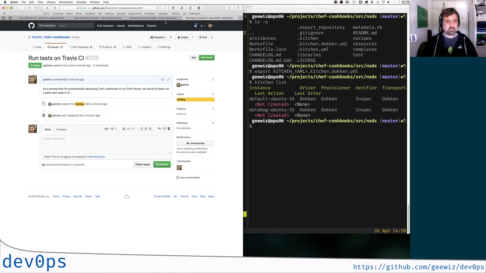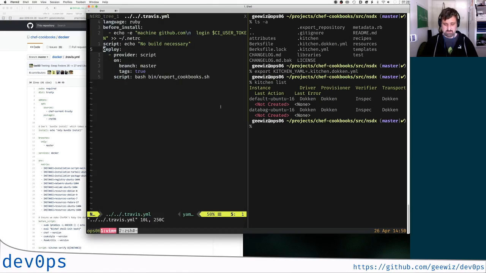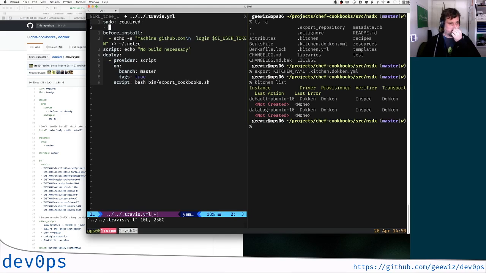So it's time to run a few more things. I guess I can remove the language Ruby here because we're not actually doing pure Ruby. Let's simply take the stuff that is in the other file. The distribution in this case is trusty, and that's an interesting thing